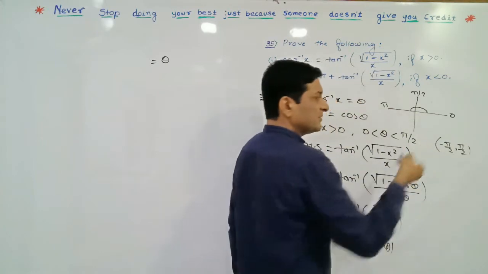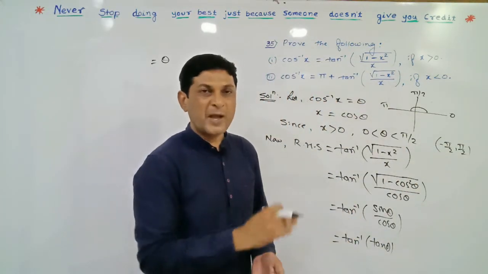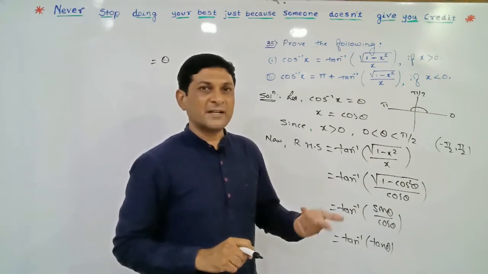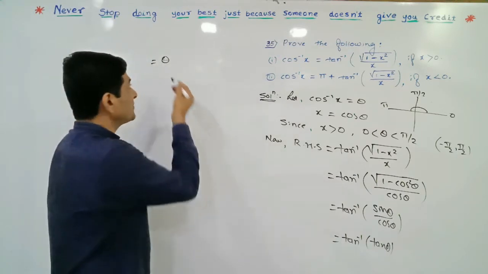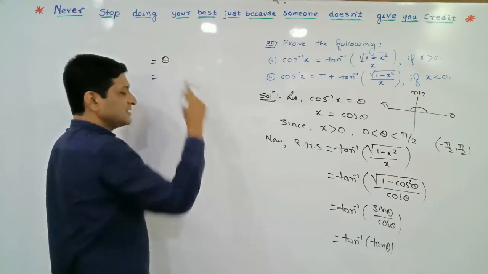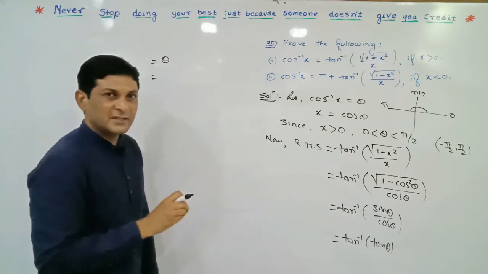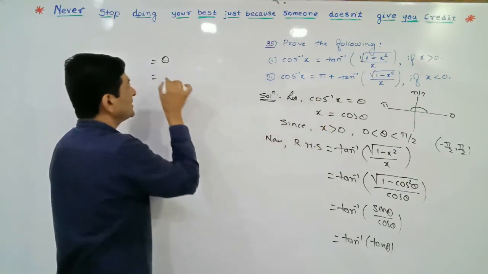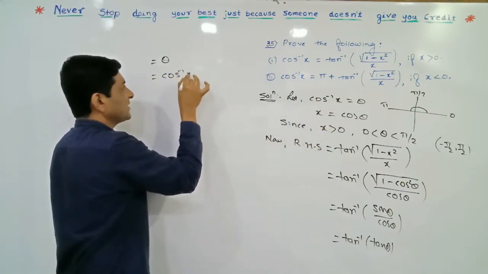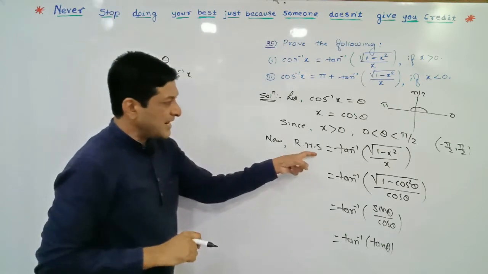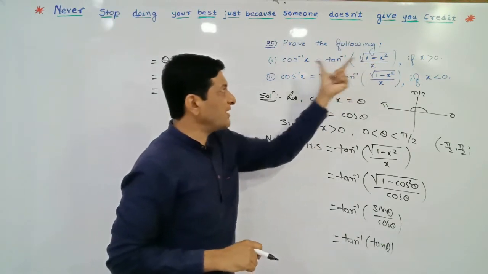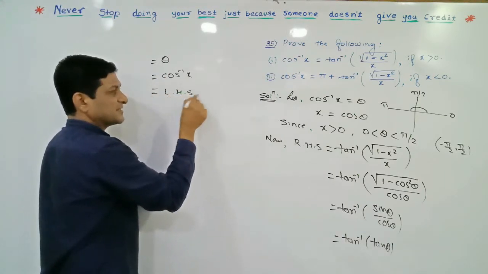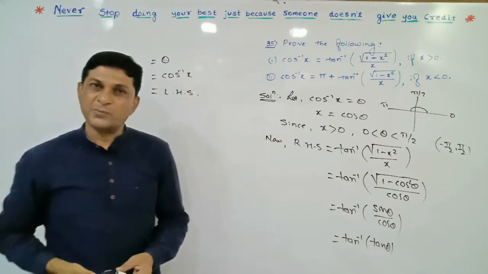It is a subset of the interval minus pi by 2 to plus pi by 2, so we can conclude that theta lies in the range of tan inverse, and that is why we can consider theta as the value of tan inverse. But theta is nothing but, according to our substitution, cos inverse of x. In this way, considering the right hand side, we have shown that its value is equal to cos inverse of x, which is the left hand side. And this is the result which we had to prove here.